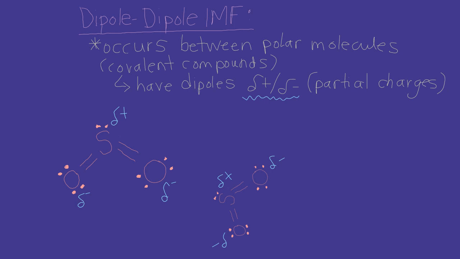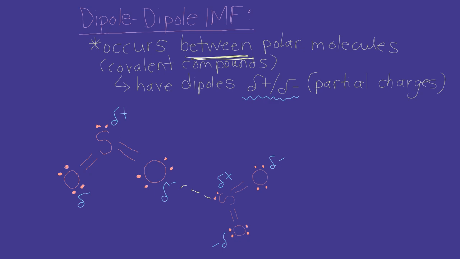Well, if we have negative over here on the oxygen, what is that going to be attracted towards? And we saw this in our activity where we looked at the water molecules, right? Because water is also polar. So what we're going to see here is an attraction between this negative end of the dipole and the positive end of another molecule. And one of the things we have to remember with intermolecular forces is they're not within a molecule, they are between the molecules. Even if they're of the same type of molecule, both of these are SO2s, it's not within one,